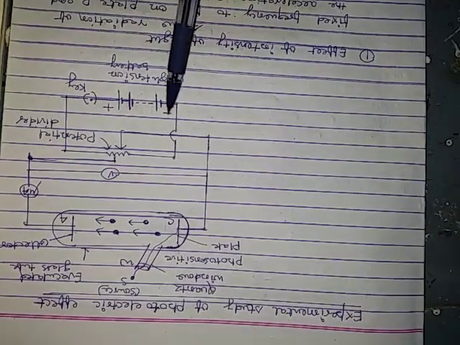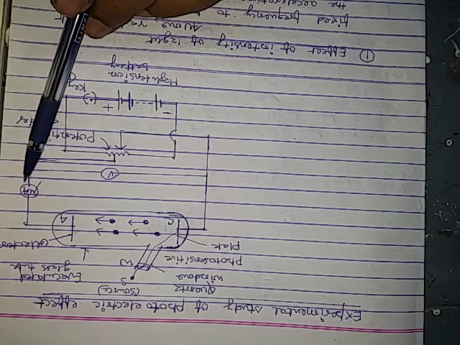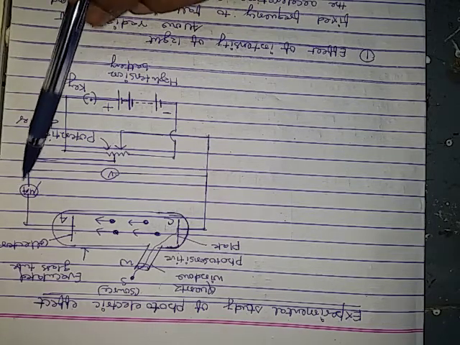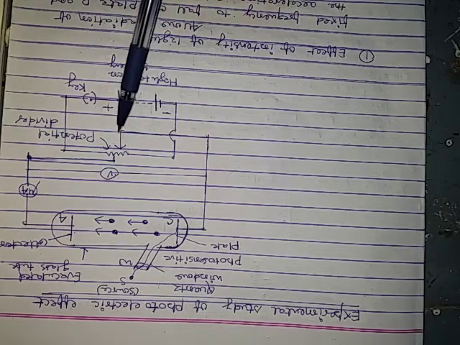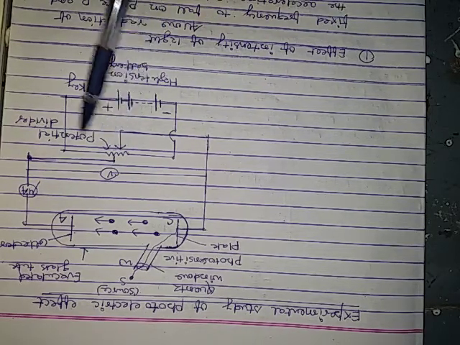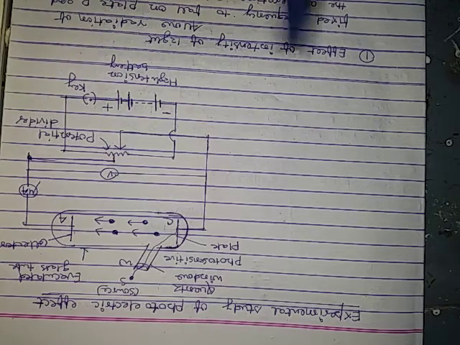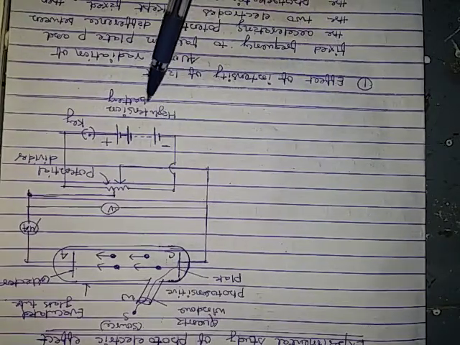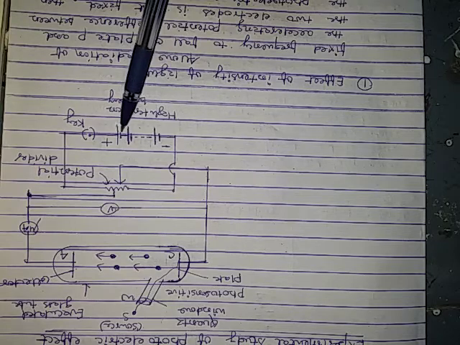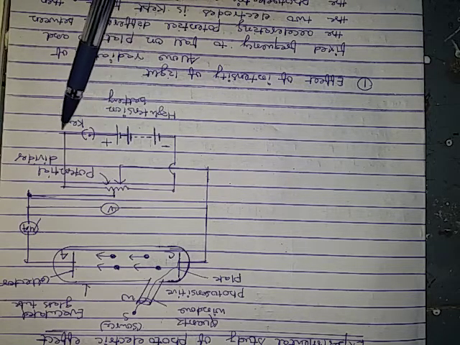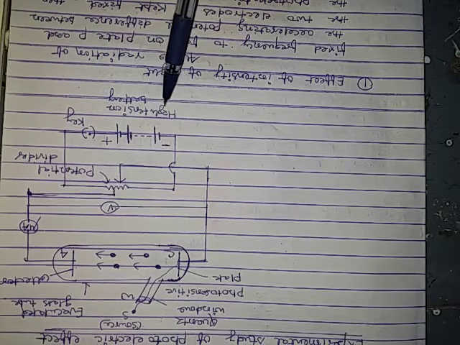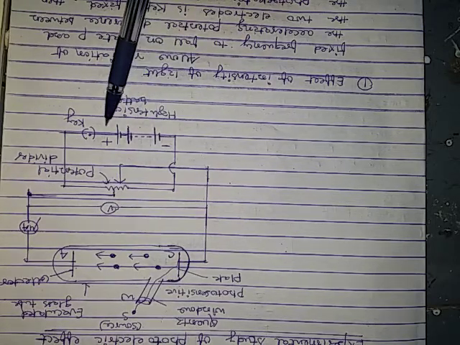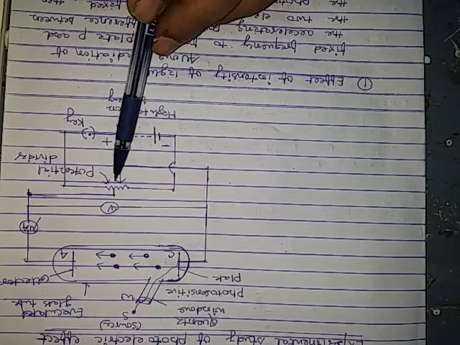It is the potential divider. The microammeter is connected with the anode, and the cathode is also connected with it. This is called a potential divider, and it is connected to the high tension battery, and the circuit is connected with the help of a key. It is the high tension battery, it is the potential divider.